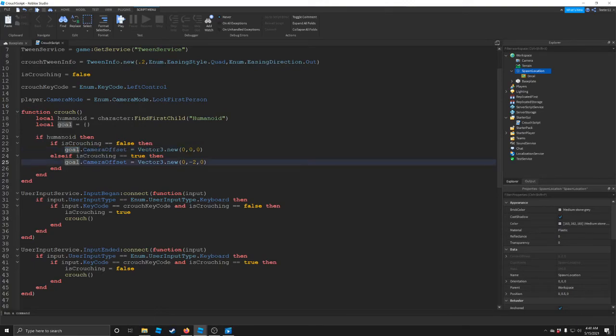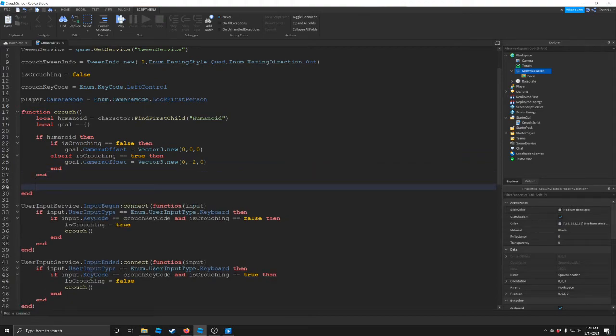If we were going from no crouching to crouching, it's going to be -2 or however many studs you'd like. You could do 1.5 or 0.5 or 1. But I'm just setting it to 2 because it'll be fine for the tutorial. So now once we have set that, we're going to create a new tween, and we're going to do a crouch tween equals tween service create